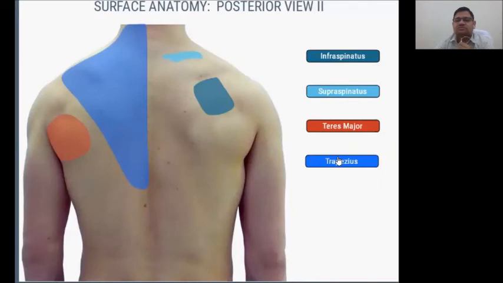So this was some anatomical point of view related to the shoulder joint. Not all the details are given, but it is very helpful for you to identify the basic structures and to remember the basic anatomy of the shoulder joint. So, thank you.